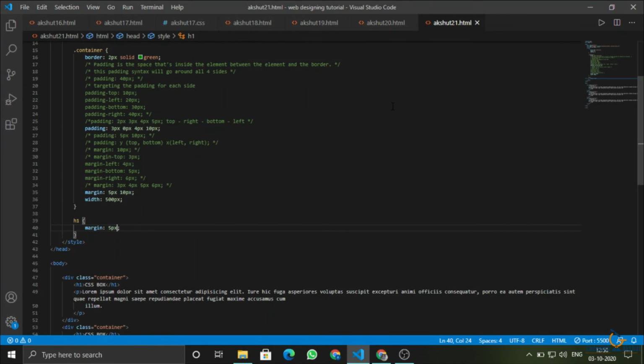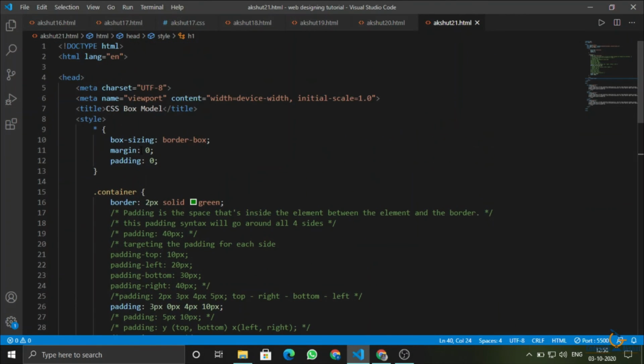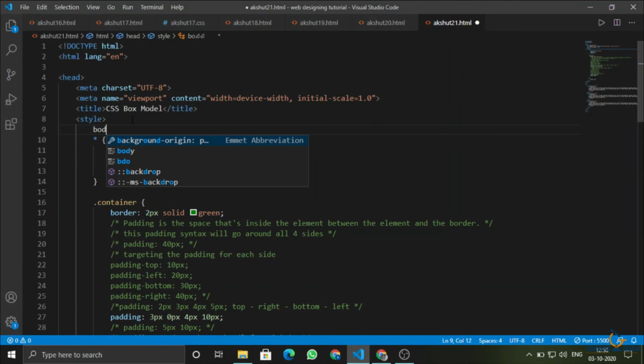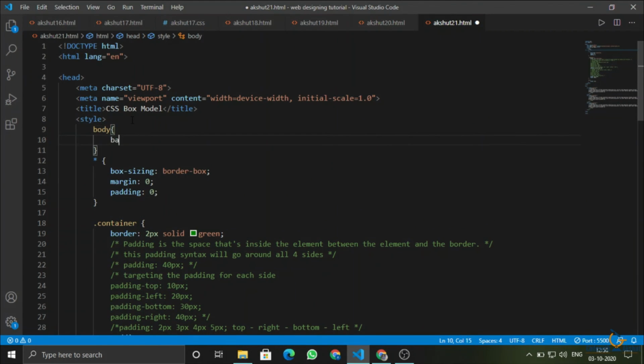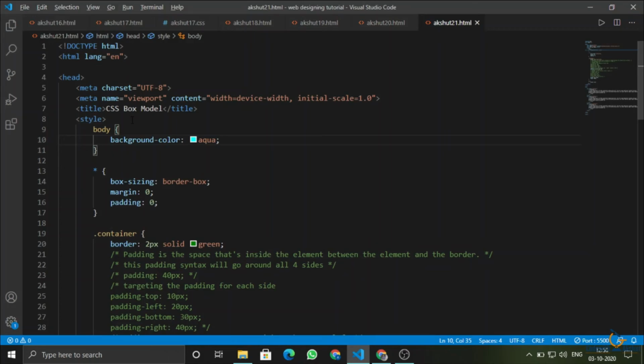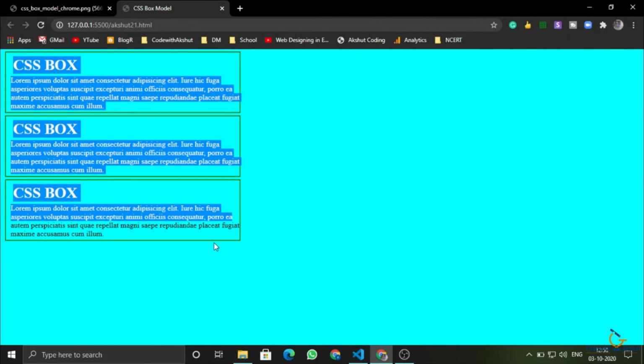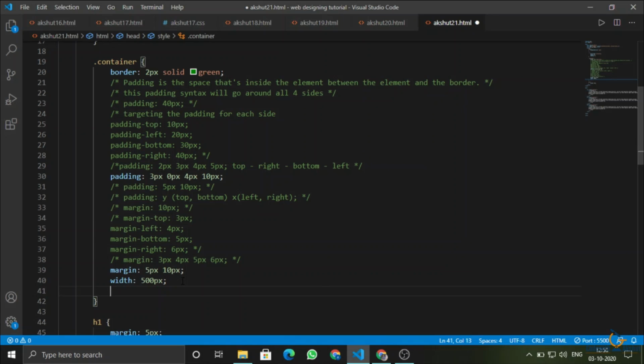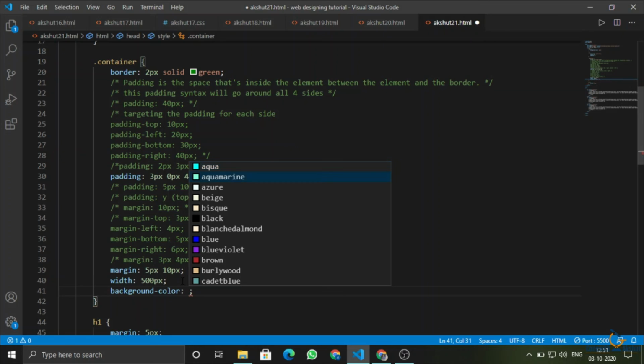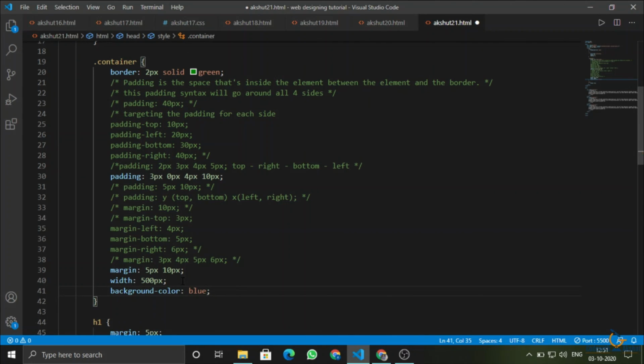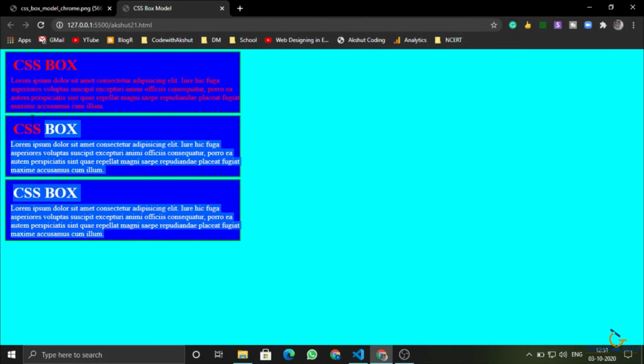I will do it also in full screen, and then I will add the body, the background color of the body to, I will do aqua. So aqua, it is changing for the body background. I will add the body background here, or the div background here also. We'll change it to background color blue. Okay, so this is here, and I will change the color to color and red. So this is happening here.